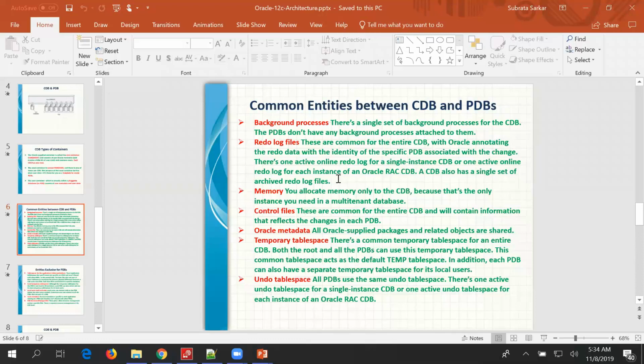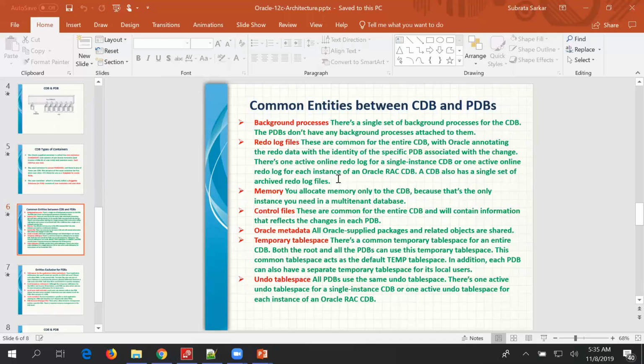Memory: you allocate memory only to the CDB because that's the only instance you need in a multi-tenant database. So the SGA is attached to the CDB. Control files are common for the entire CDB and contain information that reflects the changes in each PDB. So they are CDB specific.